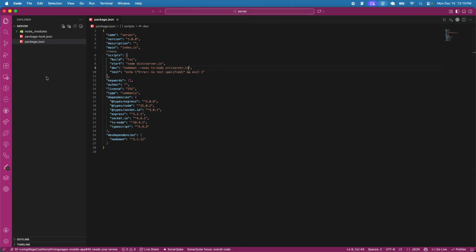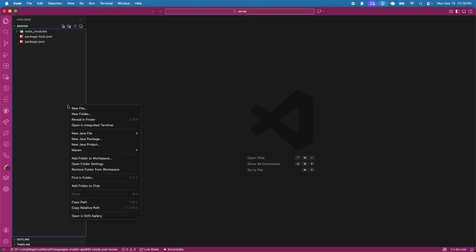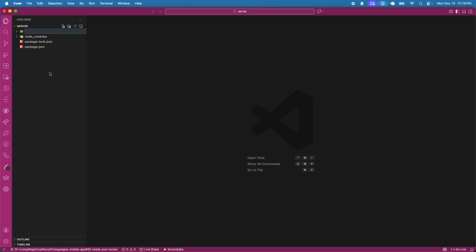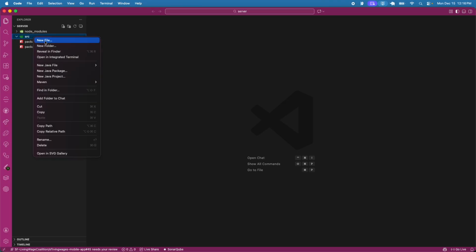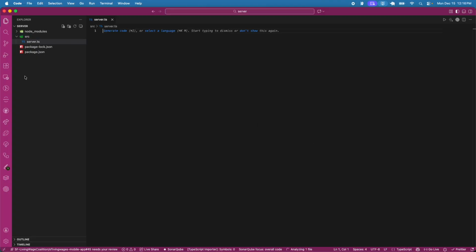So now let's create our folder structure, right? I think that will be easier to start, so we can see where we can write our code. So let's start by creating a folder, and we're going to call it src, right? And we're going to create a file, call it server. Our server is basically our starting point. It creates the server, turns on the socket.io, starts listening for players, and basically all that code will be here,